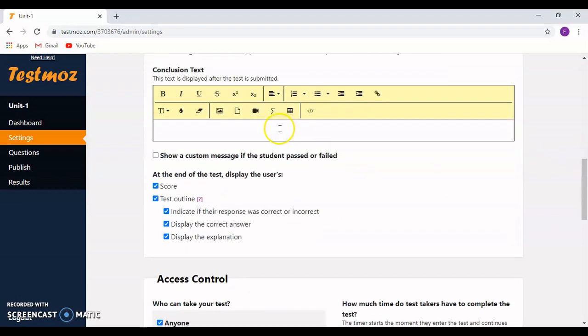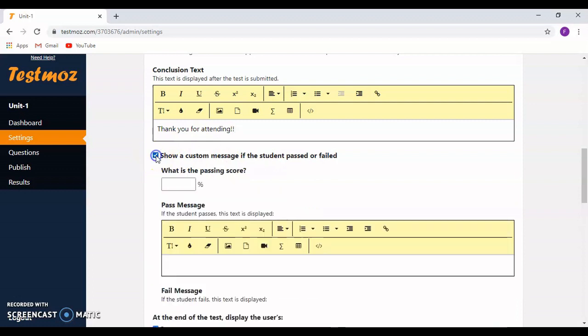Now the conclusion of the test. Once the test is over, if you want a text to be displayed like a thank you message, this is also optional. Again, there is a setting to customize a message for students who have passed and students who have failed. This is also optional.